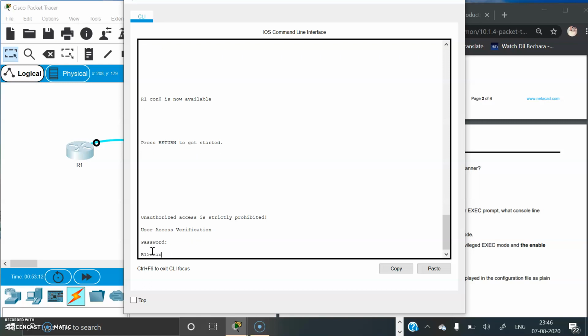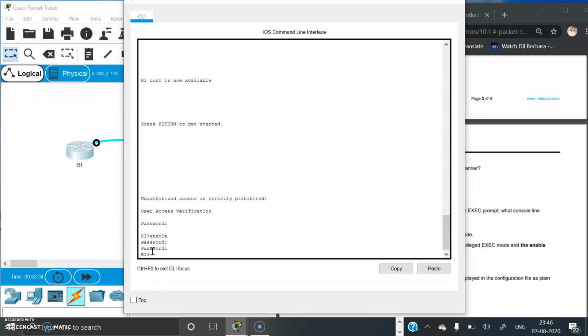And then enter enable, and the encrypted privileged EXEC password should be entered. Okay, the password is it's a secret.